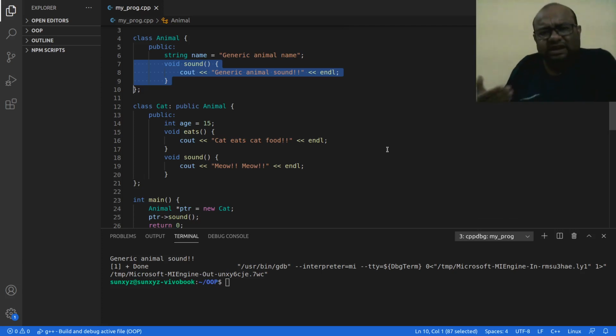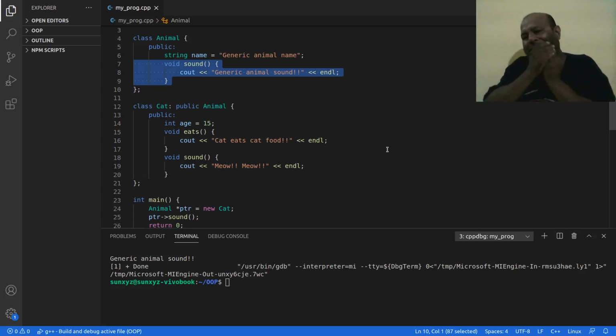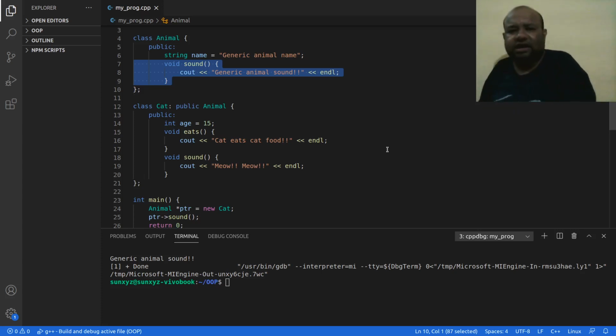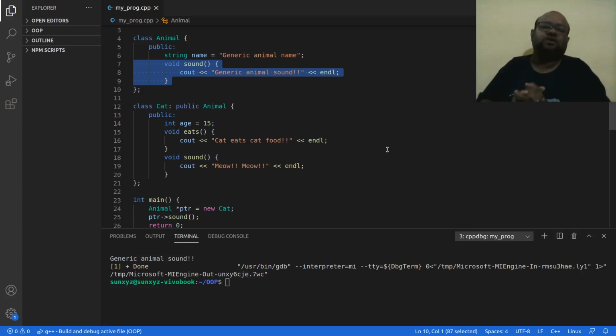So I had overridden this function sound, but I am not calling this overridden function. I am calling the original function that I had. This is something that I don't want. That is a problem. I have to resolve this problem.